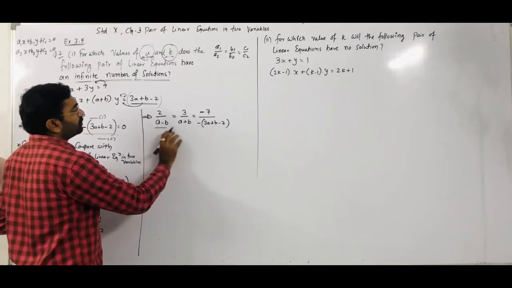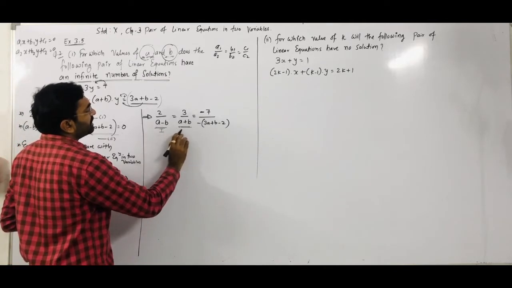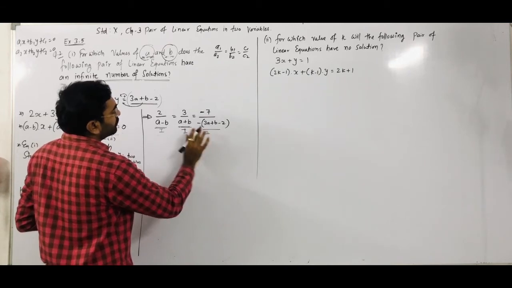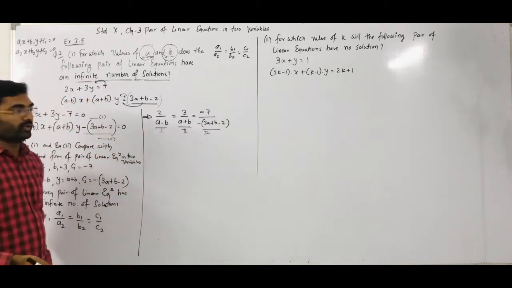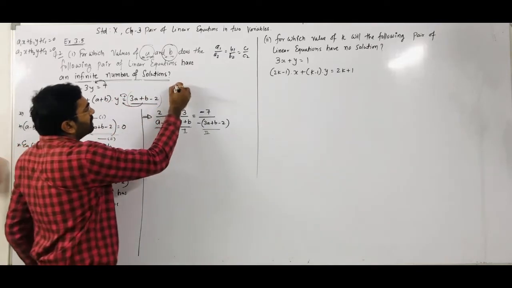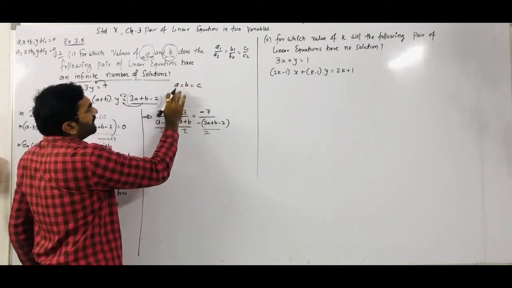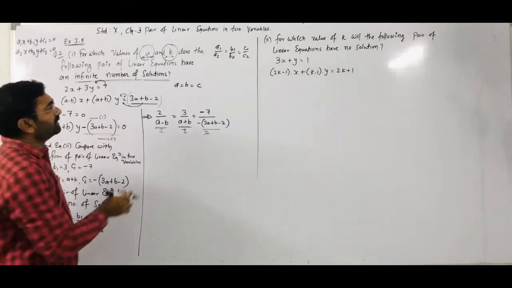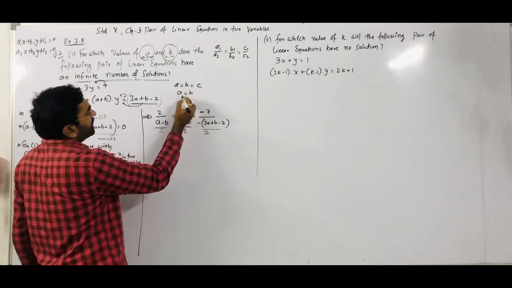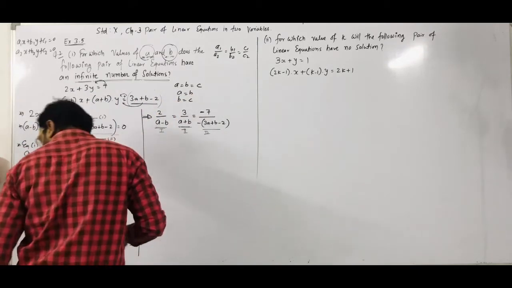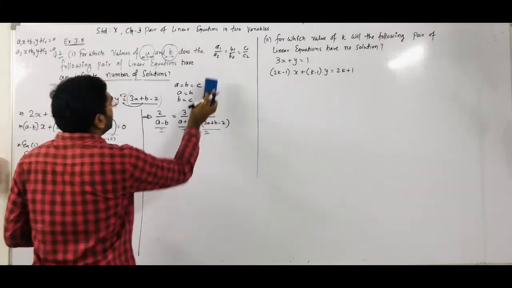One by one we have to compare it. First and second terms we have to compare, then second and third terms we have to compare, and we have to make two equations. We can compare it, right? Because it is equal. If anyone gives a = b = c, these three terms are all equal, then you can write a = b and b = c. Right? So in the same way here we have to compare the three terms.